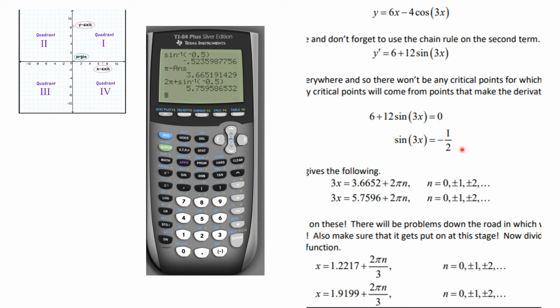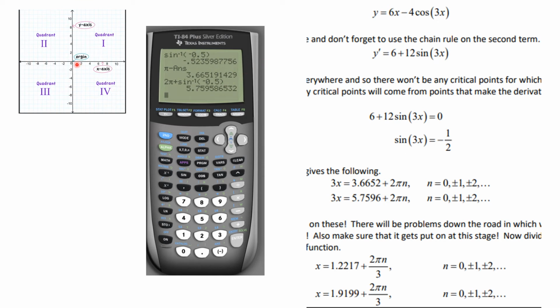But I want to show you and talk a little bit about the calculator, so we're going to use the calculator on this. So if we have a trig equation like this and we're solving it with our calculator, we'd find the inverse sine of that and we get this number. But now we have to think about what values that really is going to be, because you see the inverse sine of